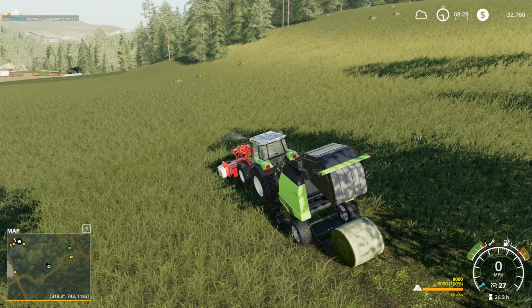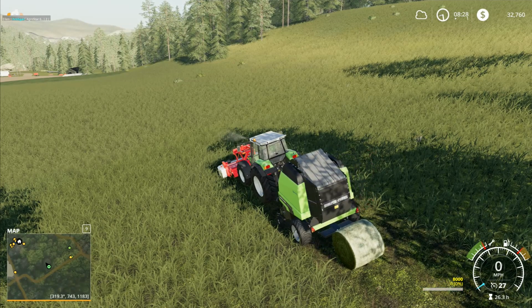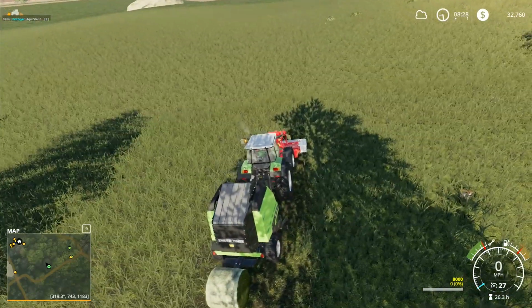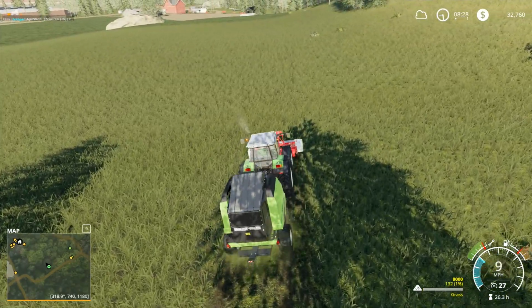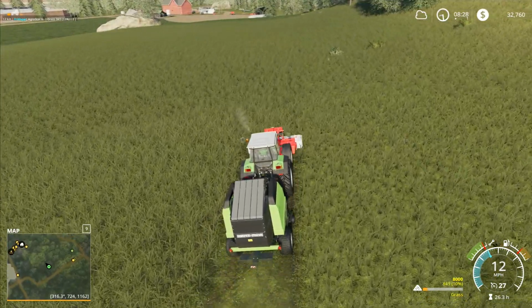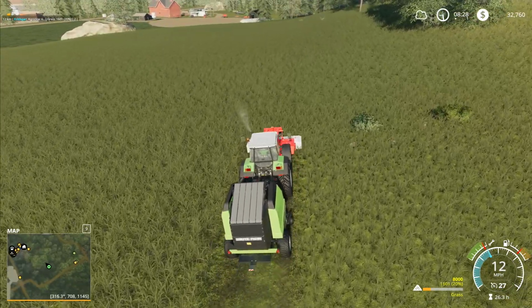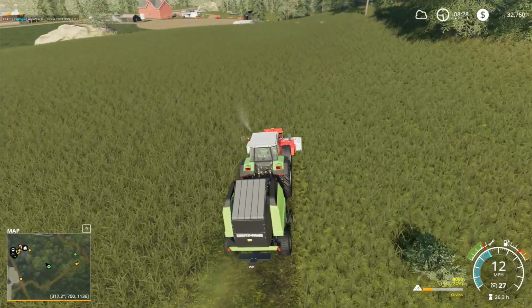The only issue with doing this is that, oh, I've got to press Y twice to open that. You open it and then you close it when you press Y again, whereas the... Oh dear. Is it even going to work with round bales? Because I've got to manually press...